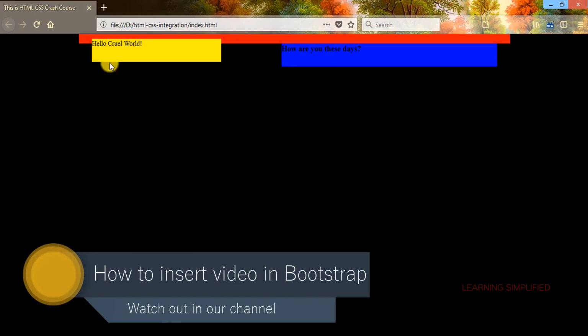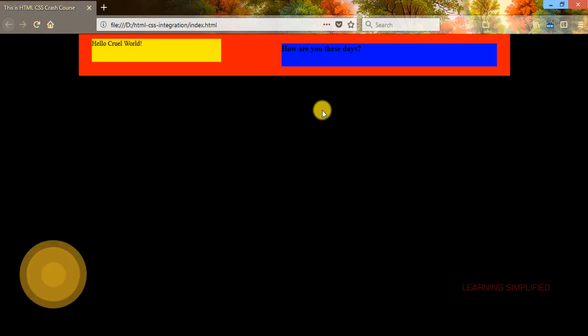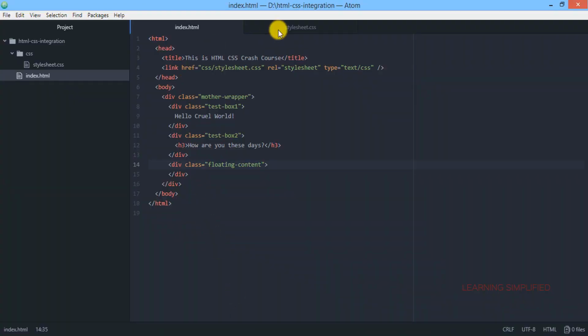Now get back to your project and reload, and now you can see that both of them are practically aligning into the position inside this particular mother wrapper, which is intended. It is now getting a little bit of gap from the top of the browser. So why is it? Let's get back to the style sheet.